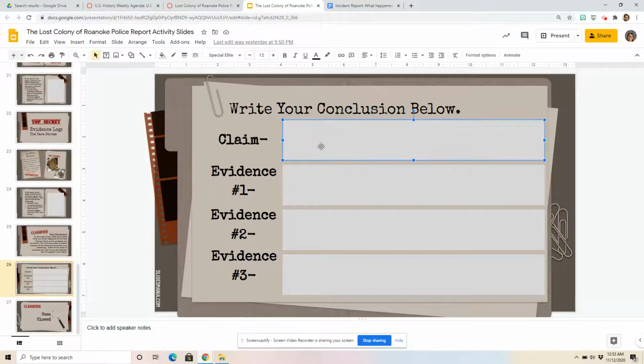So you'll record your claim here. I think blank happened to the lost colony, and then you'll support your conclusion with 3 pieces of evidence. So if you're using the scientific evidence, you're going to talk about how the drought reconstruction supports your claim. If you're using John White's witness report, you're going to explain how that supports your claim. So you need to make sure you give a good explanation of how you're using the evidence. All right, like I said, this is going to take a few days for